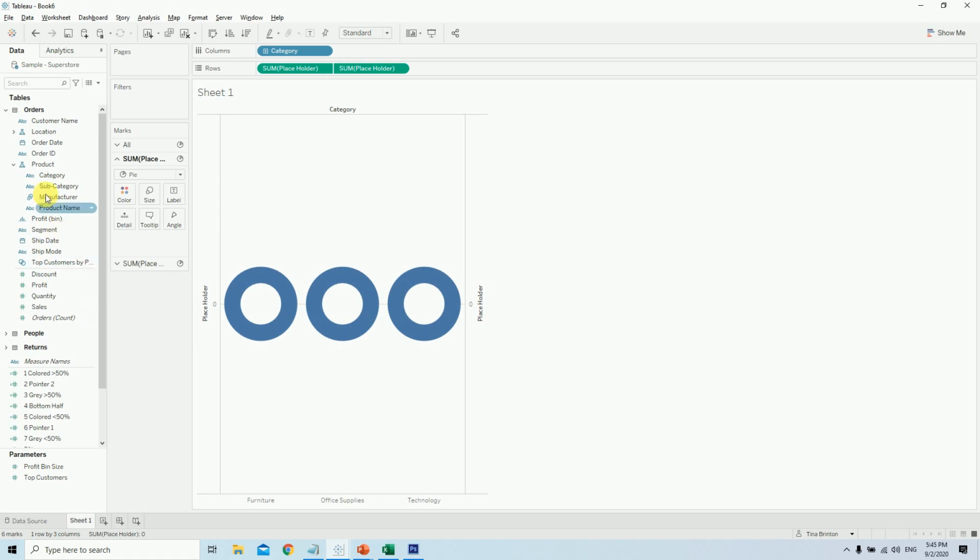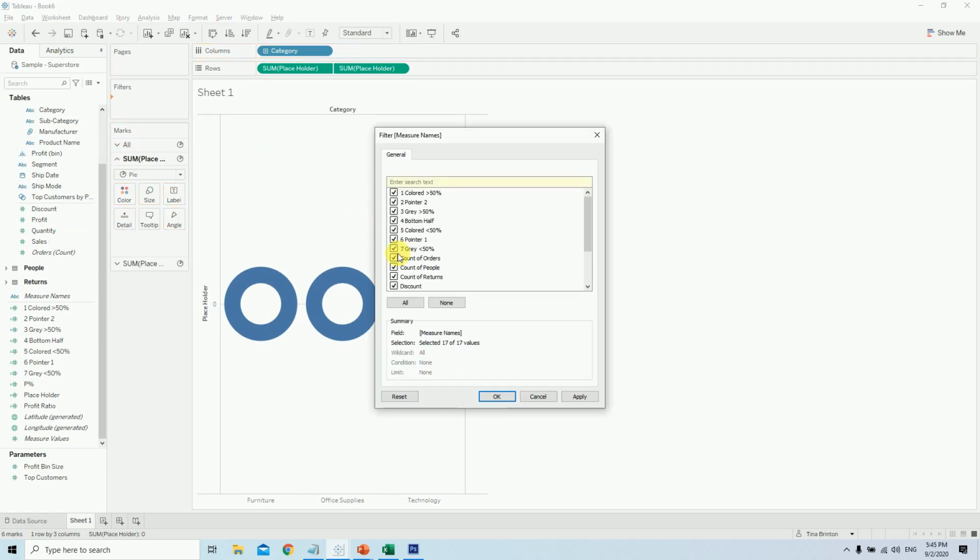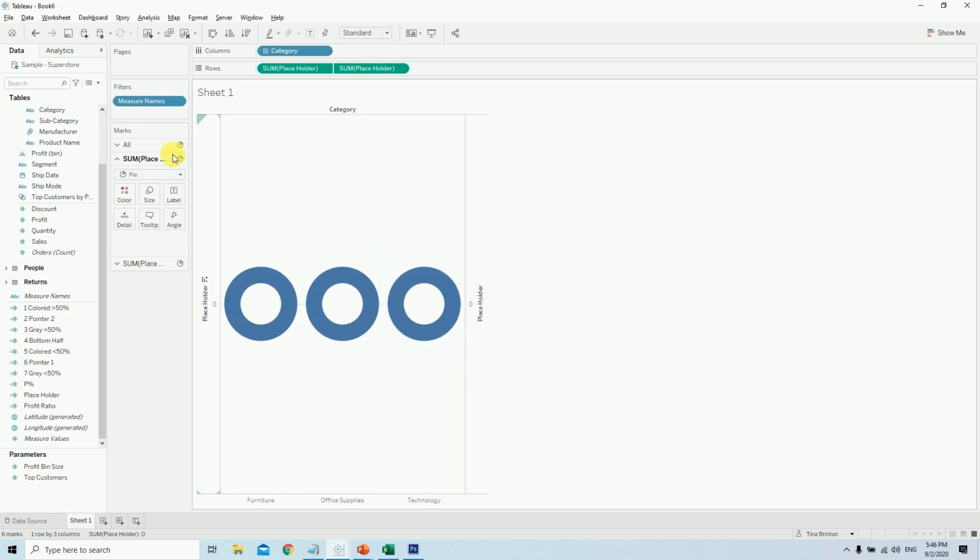So we have the donuts, but we need the gauge chart. So how can we do it quickly? I already have a calculated field here, the predefined values. We call it measure names. I will first bring the measure names into the filters, and I will say none, and I will keep only the values which I created as calculated fields. The remaining are not required. So I am done till here, and after that I will bring measure values.